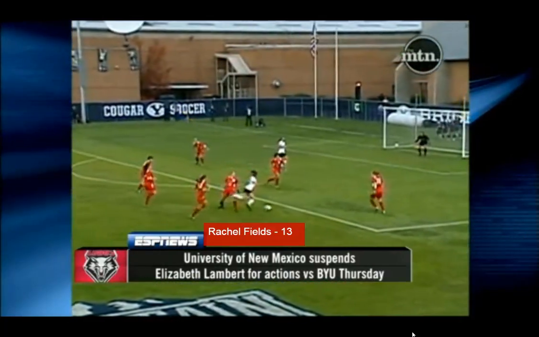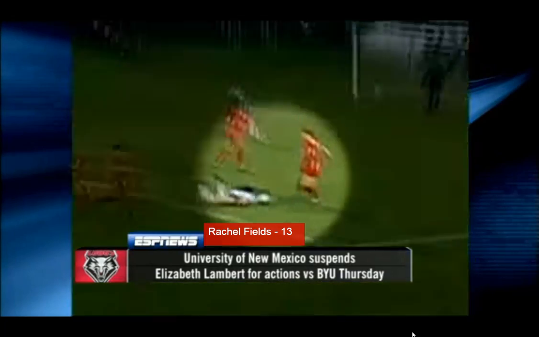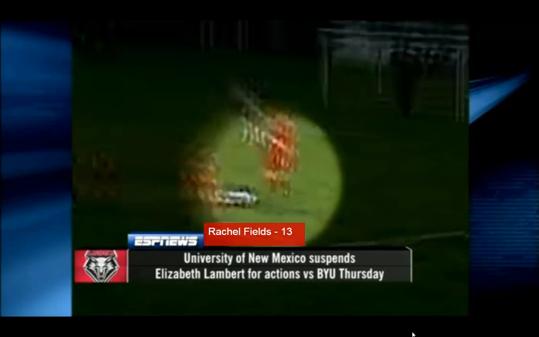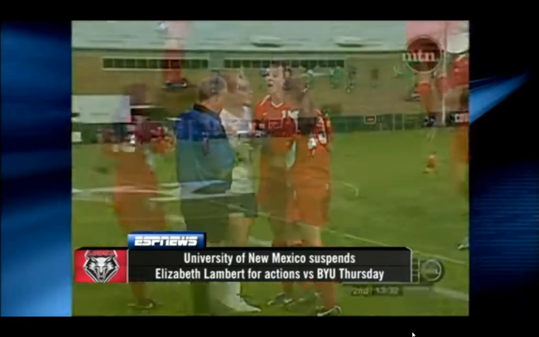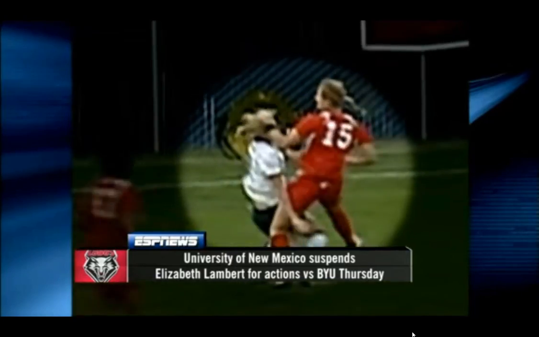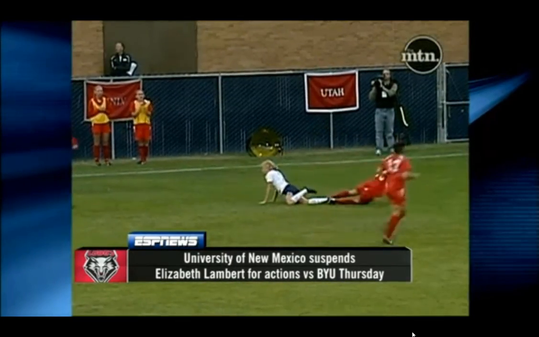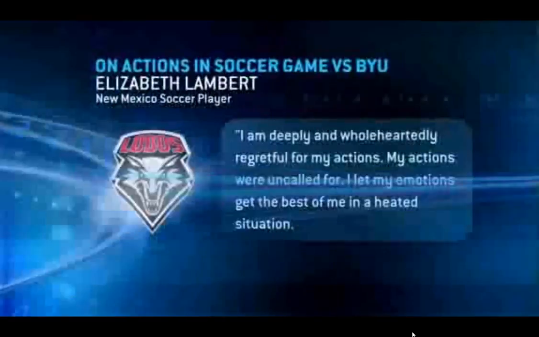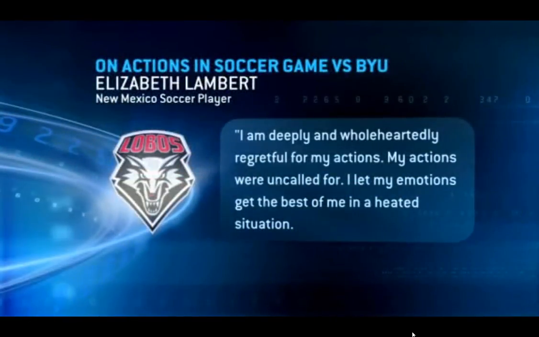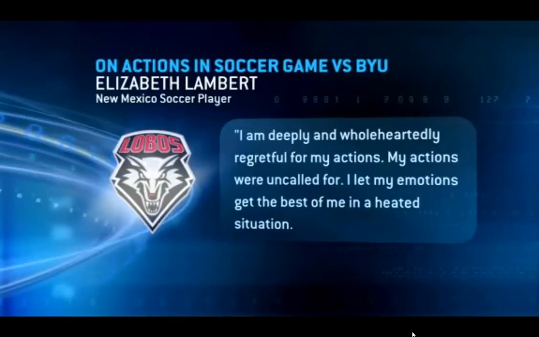Watch as Lambert goes after, on a hard challenger, trips a BYU player, and then the BYU player is on the ground, and you can see the ball is kicked into her face, what appears to be purposely. She received a yellow card there. The referees finally intervened. More rough stuff to see Lambert and Payne again. Hard challenge by the ball. A couple of punches are thrown in. BYU would win this game 1-0, and there's been a lot of attention, as you might imagine, to all of